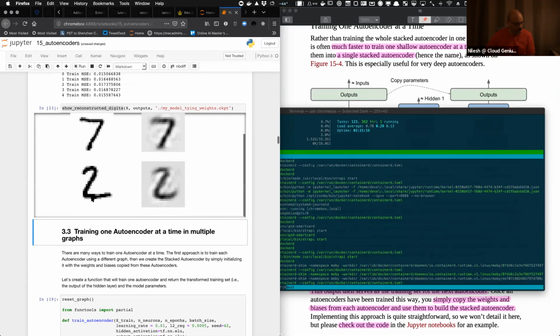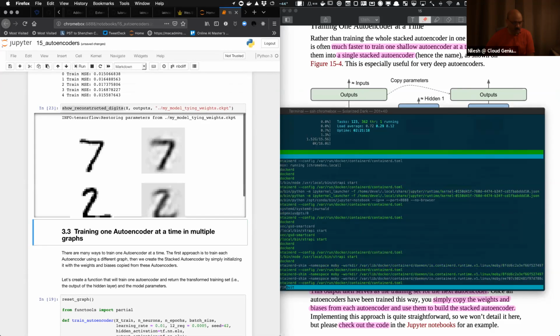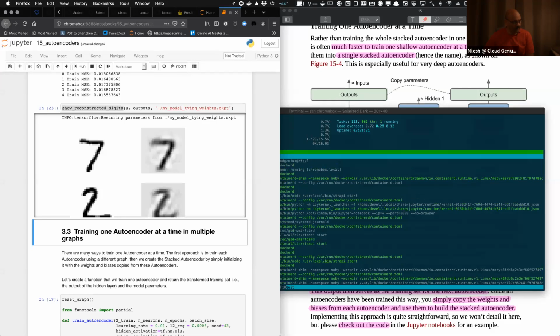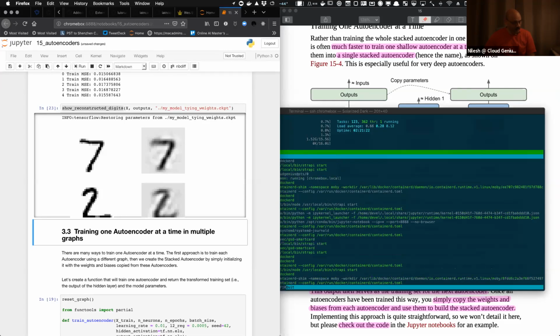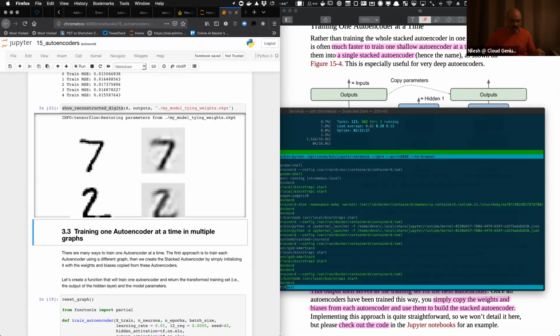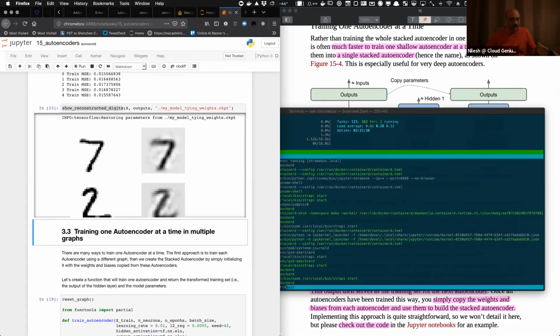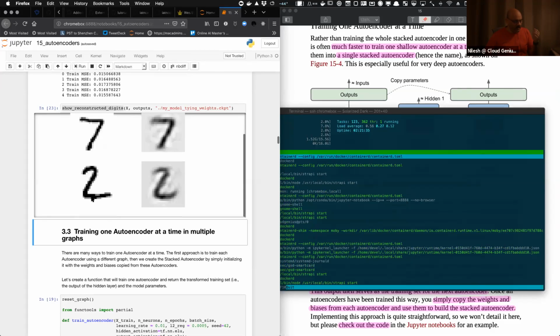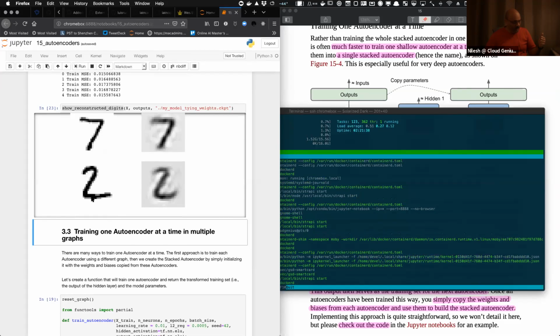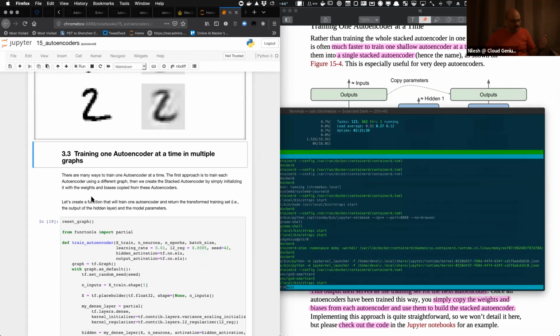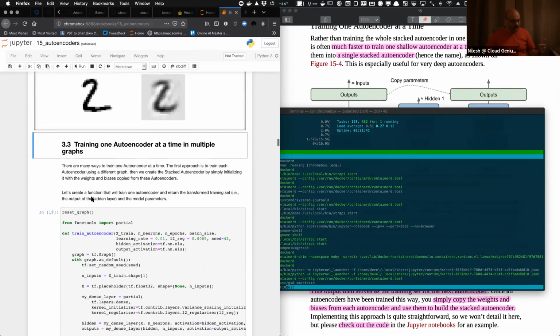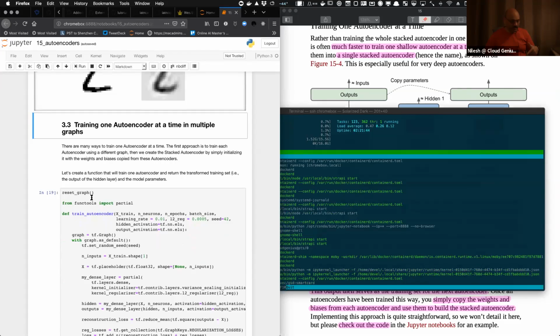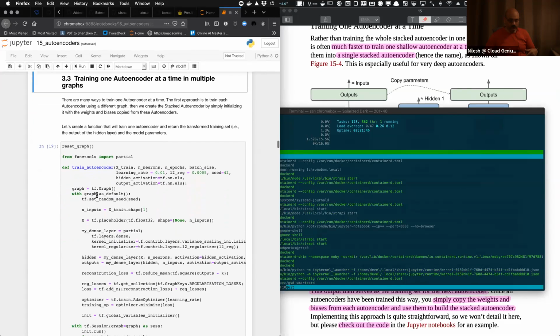And that's what we see, the output, which is humanly similar, mathematically not. And when I say mathematically, I mean not that the number 7 is not the number 7, but that the pictures are different from a binary perspective. But both are 7, both are 2. And that's the idea. And the next idea is training one autoencoder at a time in multiple graphs, which is